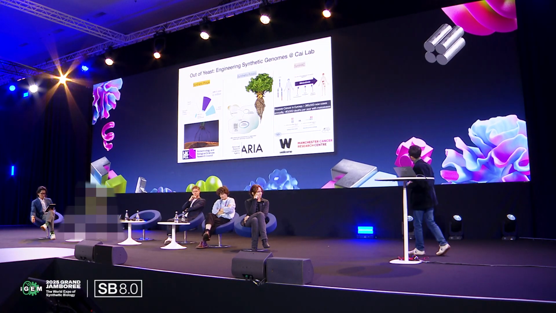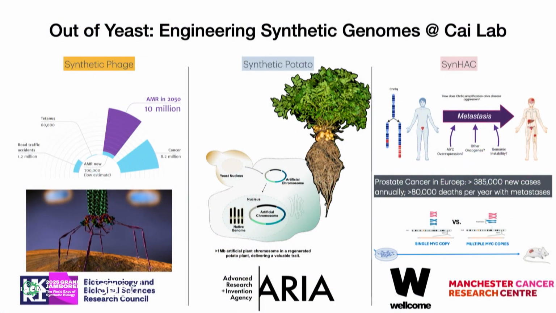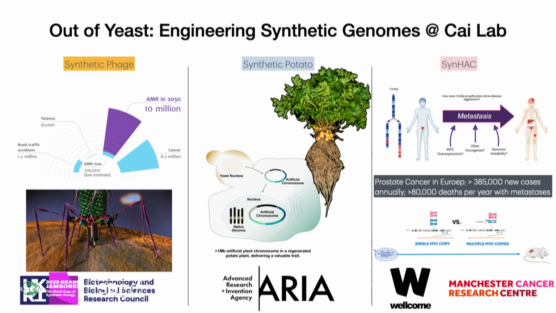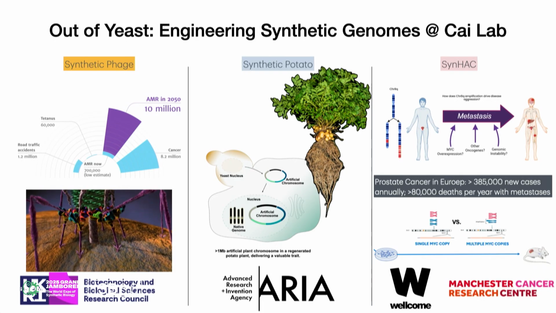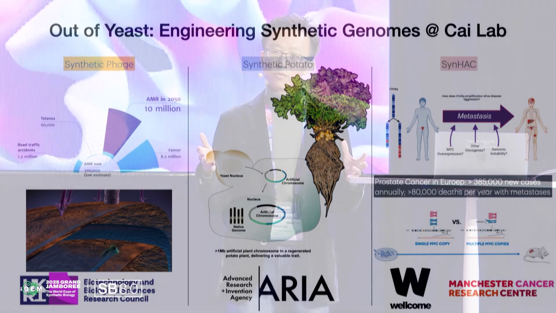And we have been working with Cancer Research UK. So the idea is we have sequenced a lot of prostate cancer patients, and we identified regions of the chromosome which had amplification. Now we are building synthetic human chromosomes to identify the causal mutations. And so hopefully we can develop gene therapies.